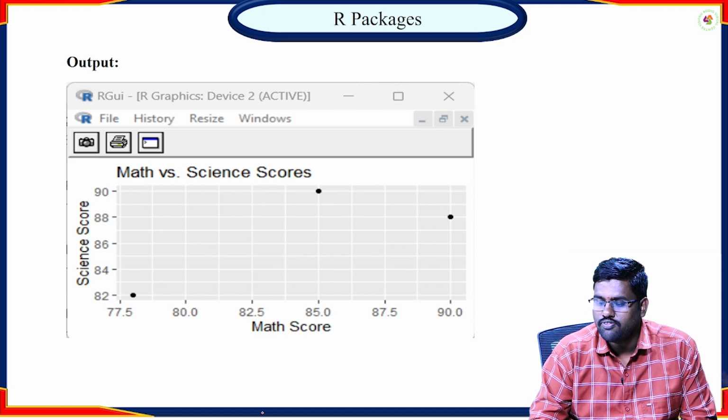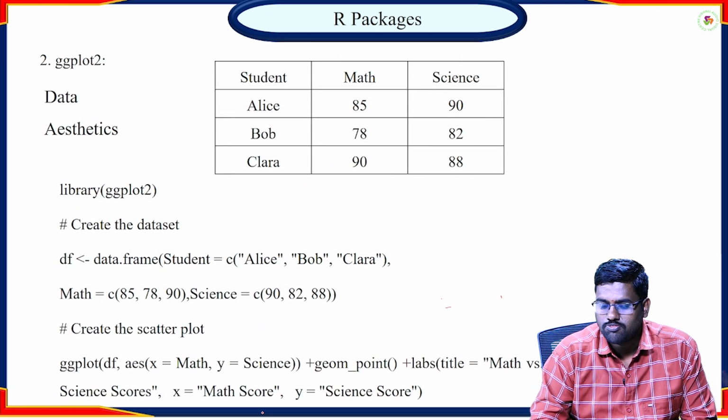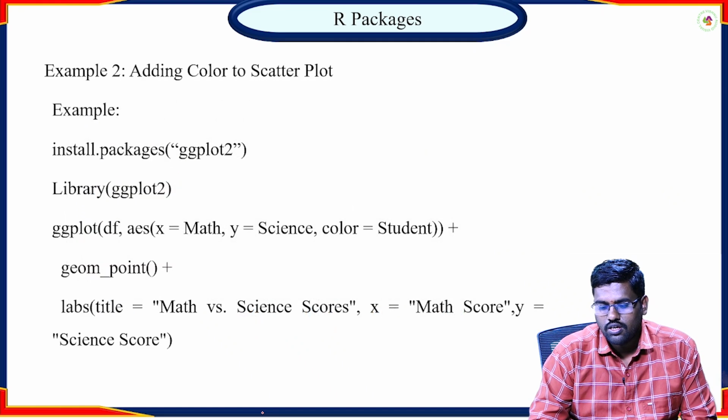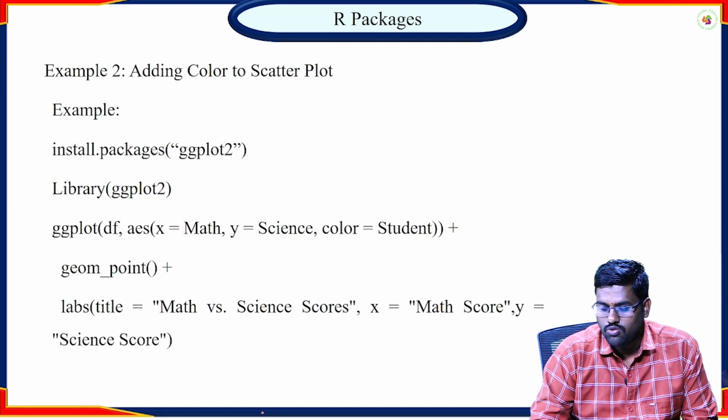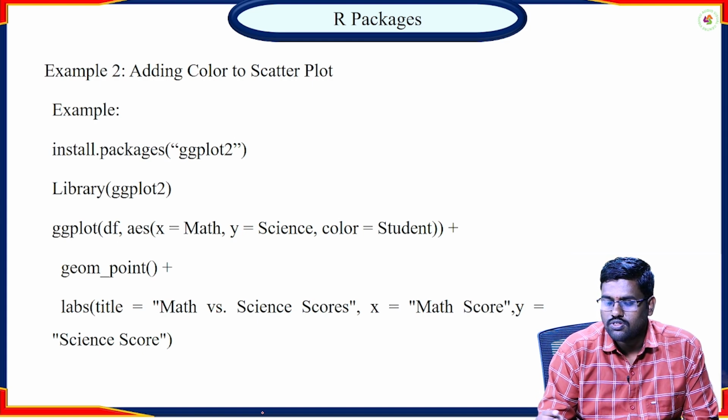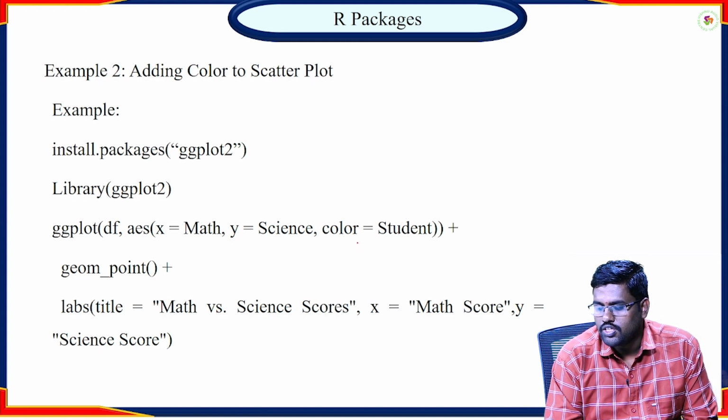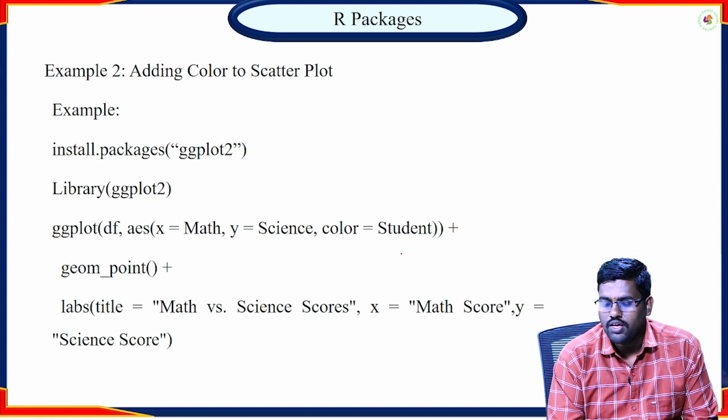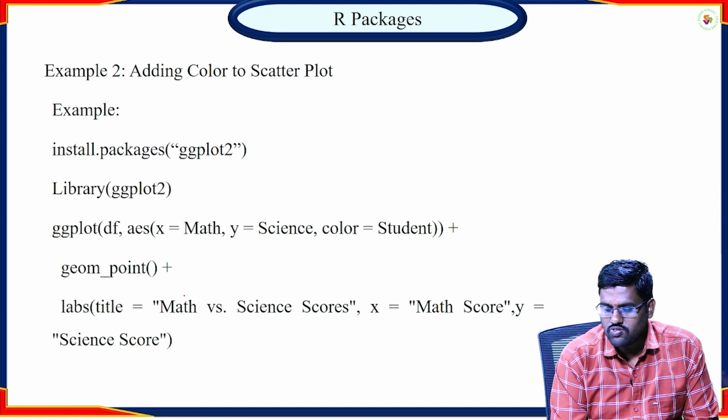So these values are defined based on our matrix. Now the second one, if we have to add color to the plot, there is only one difference: we are just adding the color attribute. The color is to be represented for the students, so the student representations need to be represented with student. The syntax is the same, we are only adding one attribute, that is color